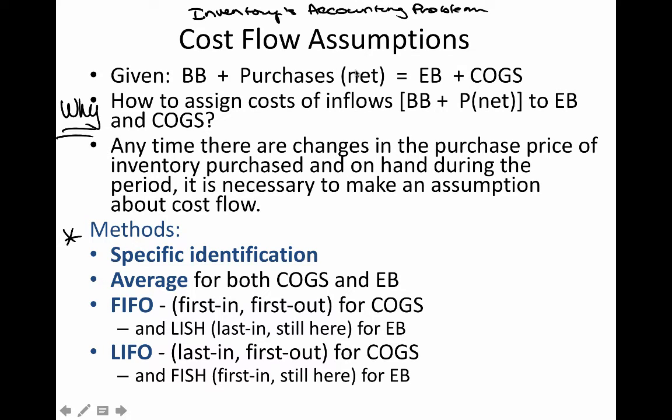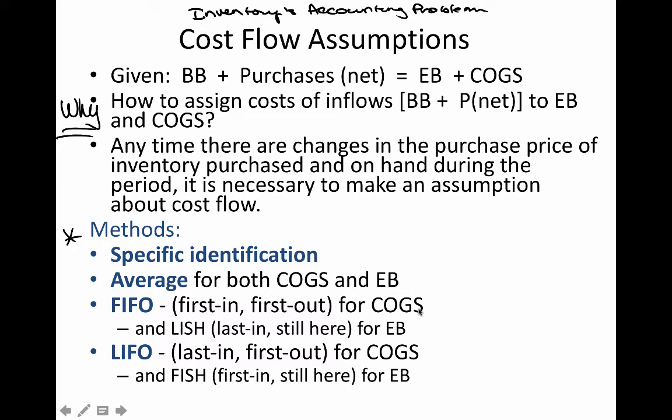But then we have to come up with some way to allocate that total between the ending balance and cost of goods sold. And how we do that is we can track it by specific goods like diamond rings or jet airplanes, where we specifically identify which item is being sold, or we use the average or weighted average method, or we can use the FIFO method, which stands for first in, first out,